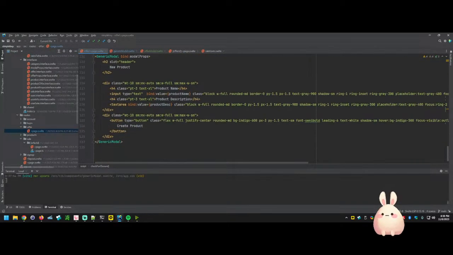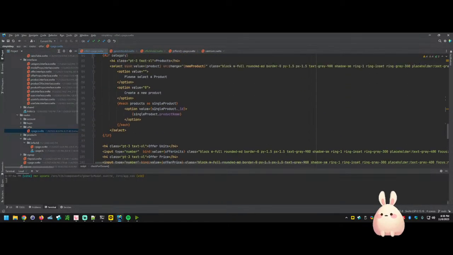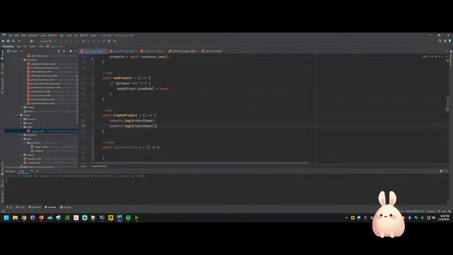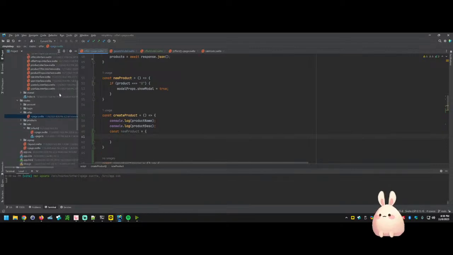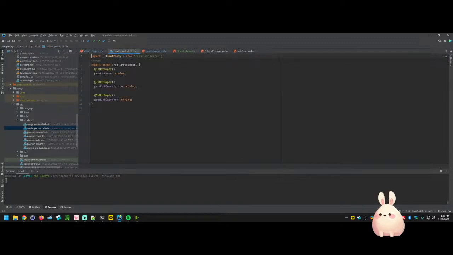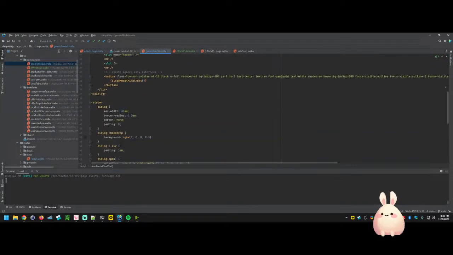So we come down here, when they click create product, let's go ahead and grab all the pieces and allow someone to create a product. We have the product name, we have the product description. We'll call this the new product object. Let's take a look at what the requirements are. So when we come back over here to our server, source, product, we have our create product DTO. We need a product name, a product description, and a product category. So we have the category,